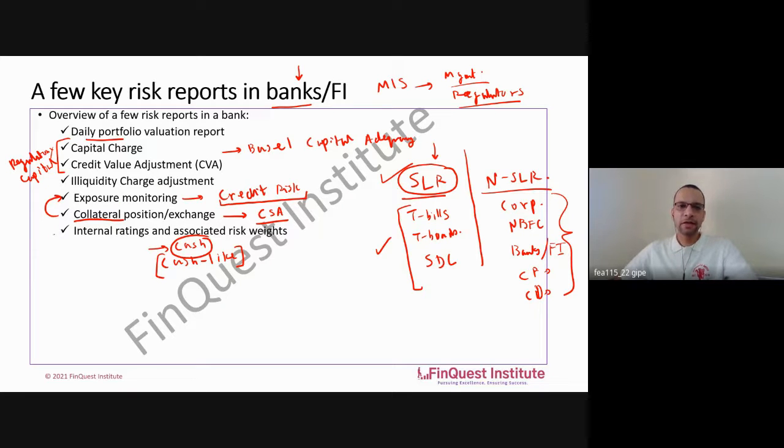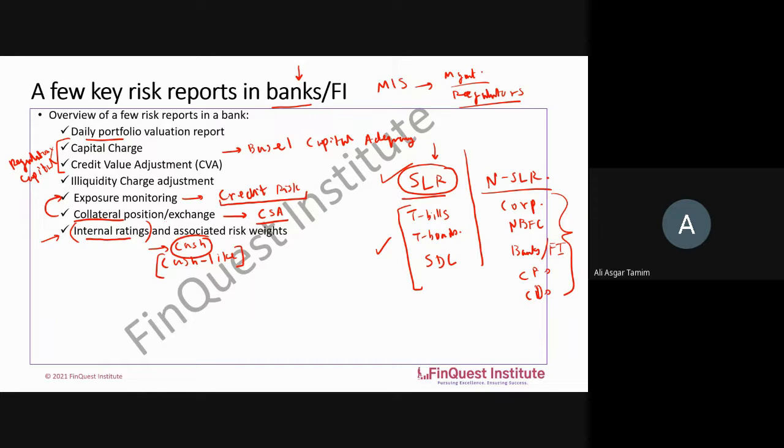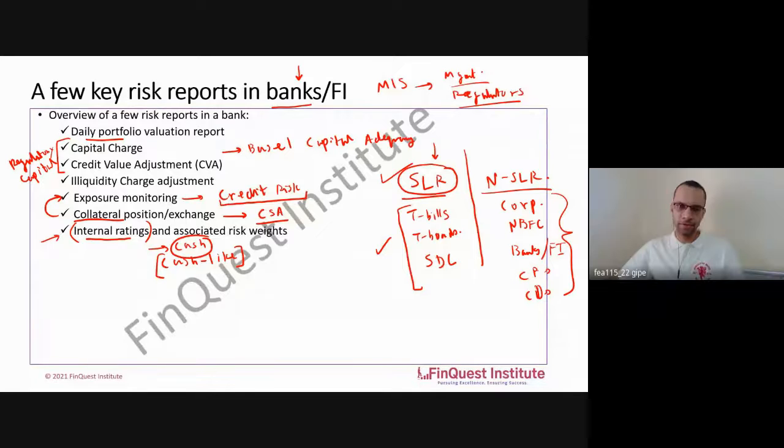And internal ratings and associated risk weights. So any idea as to why this point is required? Why do I need to worry about internal ratings? Where do I use this exactly? Can you guess? Sir, when you're trying to assess the loan eligibility of an applicant, the bank can use either internal ratings, otherwise an external agency like CIBIL or CRISIL or something. Correct. Very good. Yes. So as you rightly said, correct.